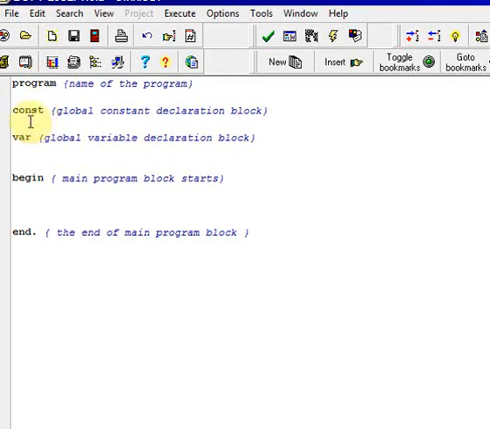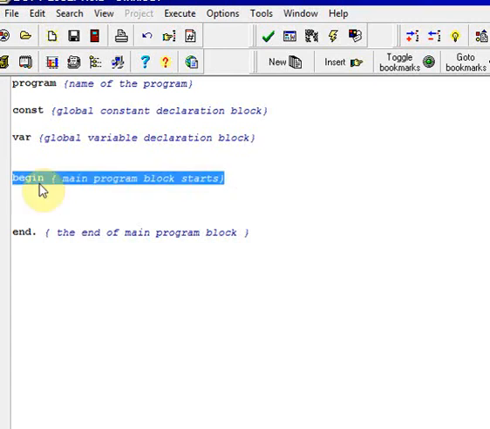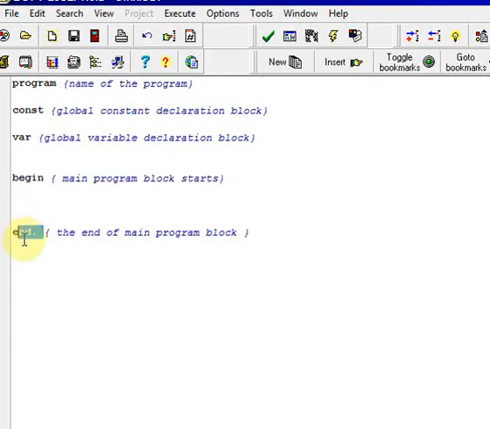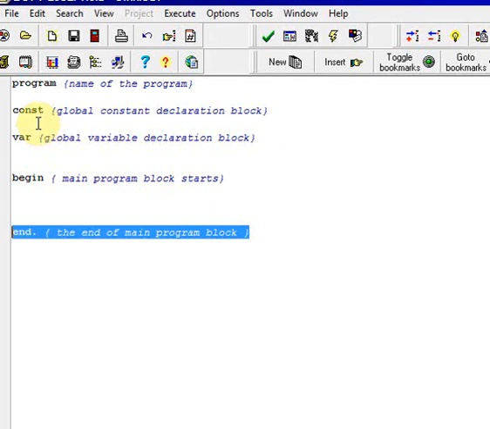Remember, const is just a shortened form for constant, var is just a short form for variable. Remember that a constant must be declared before a variable. The word begin here does symbolize this is where the main block or body of your program will begin. Then you have end here with a full stop, and this end with a full stop does symbolize that your program